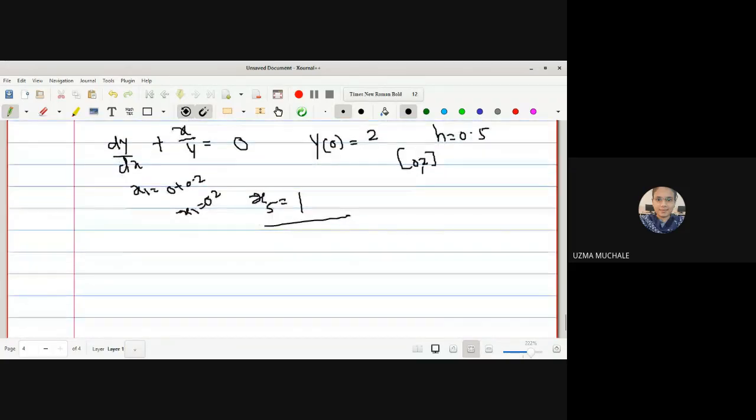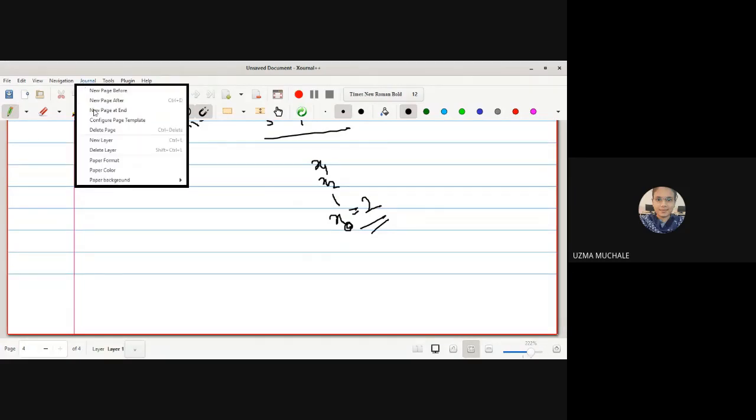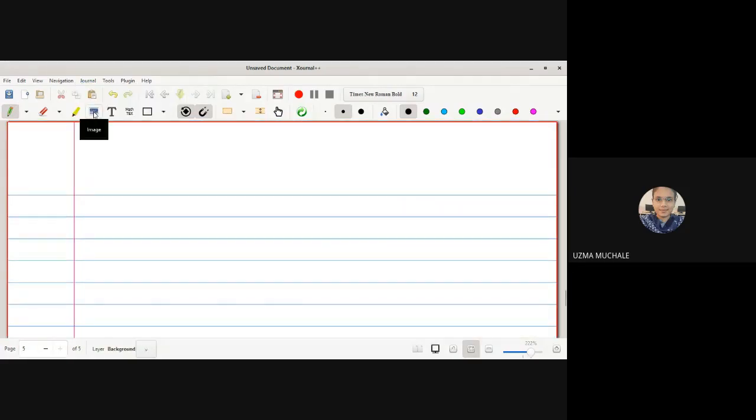Here also we are provided 0 to 2, right? Because you have to calculate x1, x2 and so on. Somewhere you are getting x of some suffix equal to 2, you have to stop the procedure. Okay? Okay, let us go for the next method, that is Euler's modified method.